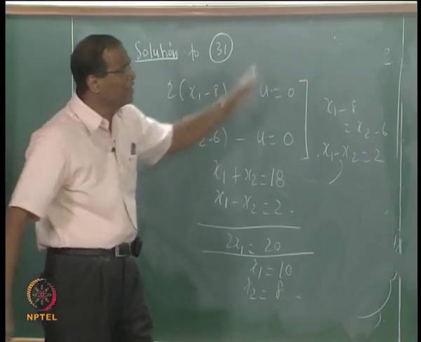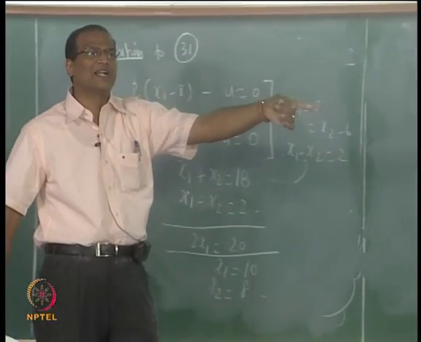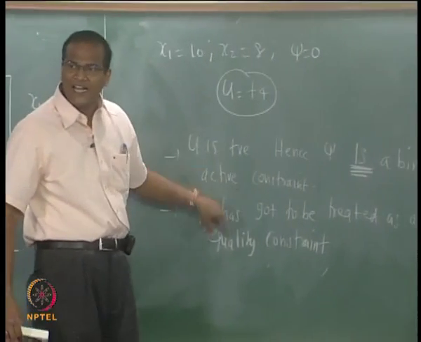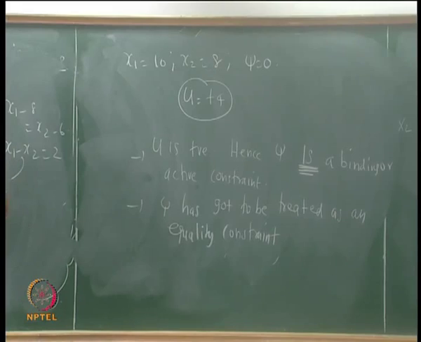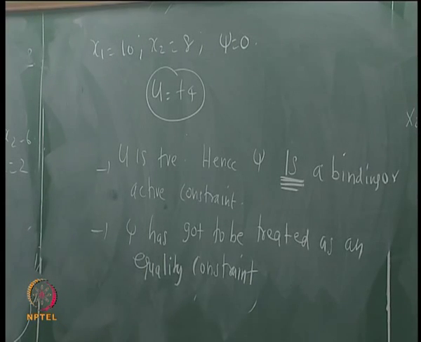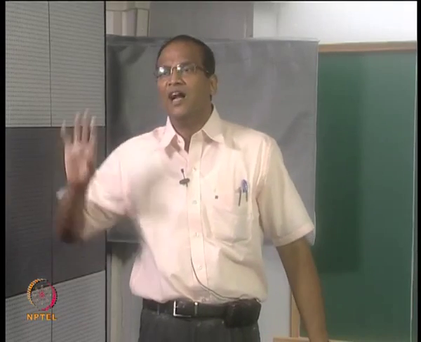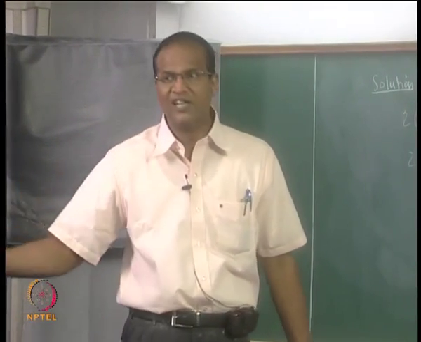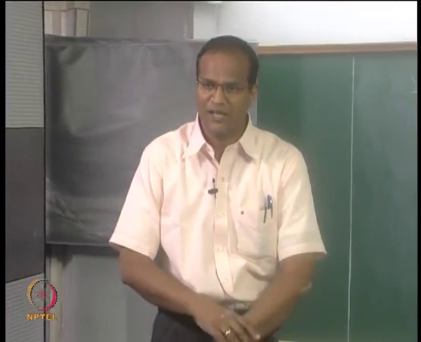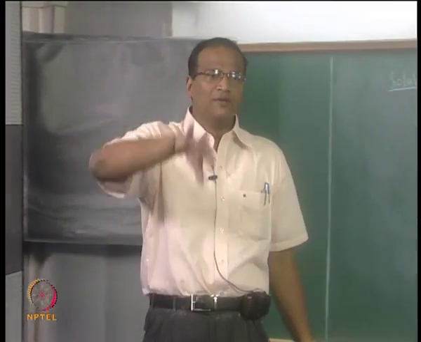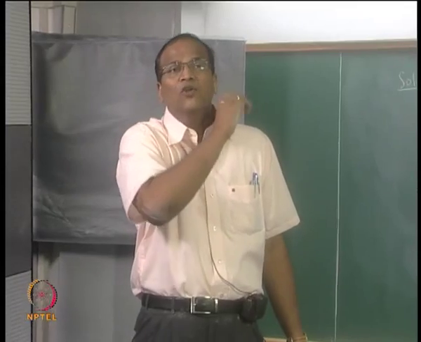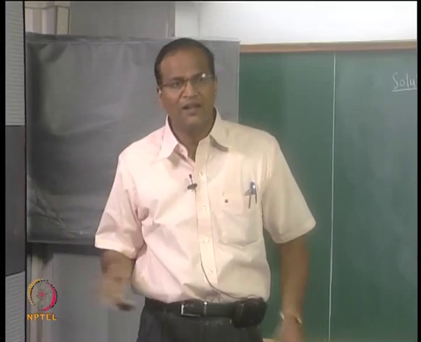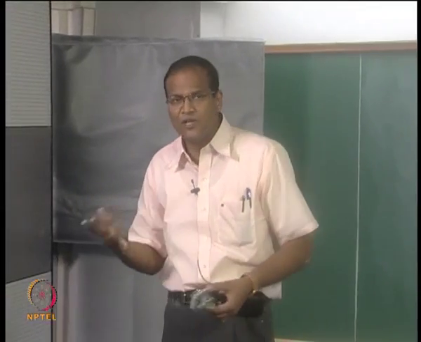The second is to formally apply the KKT conditions, treat it as an active or a binding constraint, take psi equal to 0 and get the value of u. If the value of u is positive, your assumption that it is an active or binding constraint is indeed correct, and in subsequent iterations, if your problem involves many iterations, you have to treat it as an active constraint, replace the inequality by equality. If on the other hand it is not binding, you can omit that constraint from the problem. For example, x1 plus x2 greater than 9, there is no need for you to consider that in subsequent iterations.